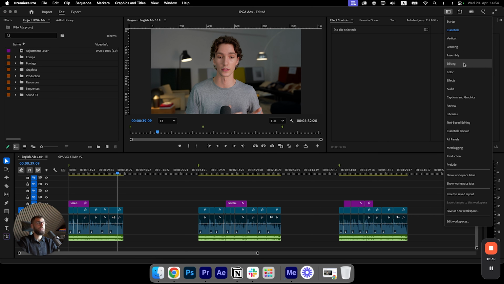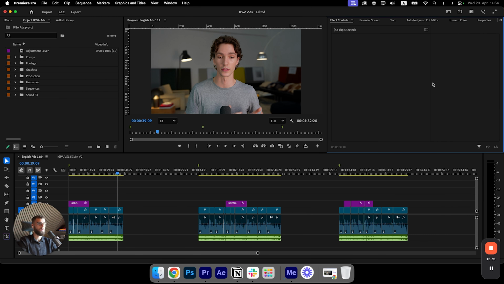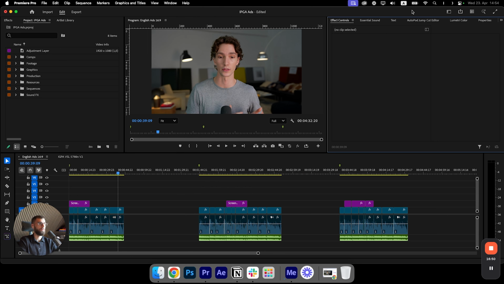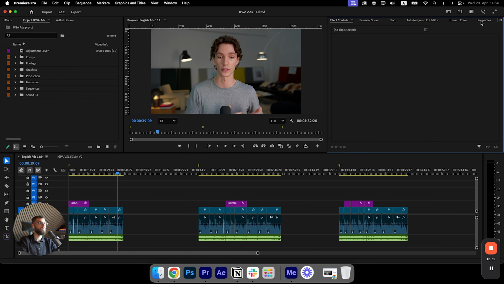If I color correct, I don't go into any other tabs. Maybe I would do it in the future, but right now if I'm color correcting, I'm just staying in the same window, the Essentials window. If I really need something else, I'm just going to add a window to the left side. Other than that, I just don't want to clutter my right side anymore, because it's super easy to scroll through these windows when I have my mouse here. Text, properties, effect controls, everything is super easy